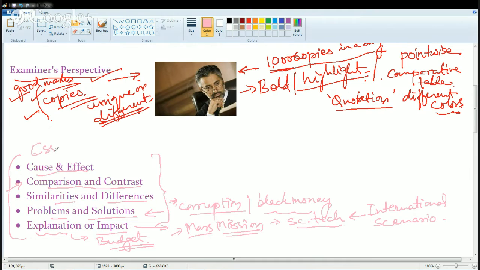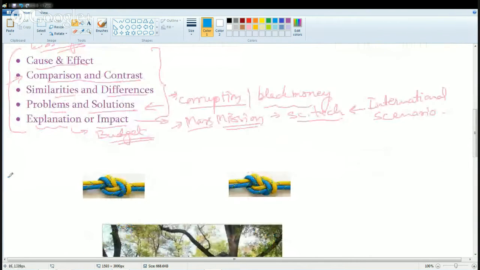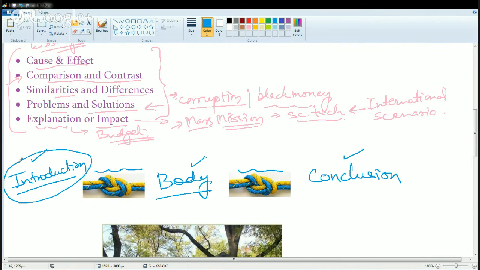And while you are writing an essay, there are a few basic things that you try to follow. You must have an introduction. Once you have an introduction, you will have a connecting link which connects it to the main body of the essay. And finally, a connecting link which connects it to a conclusion. So this is the general path that you would follow while writing. You must have an introduction, a body, and a conclusion. Today we will be talking about only the introduction part. We'll be covering the body and conclusion in the next session.